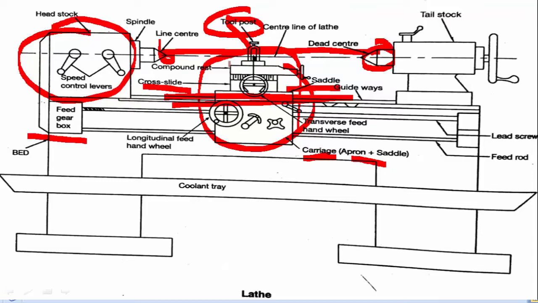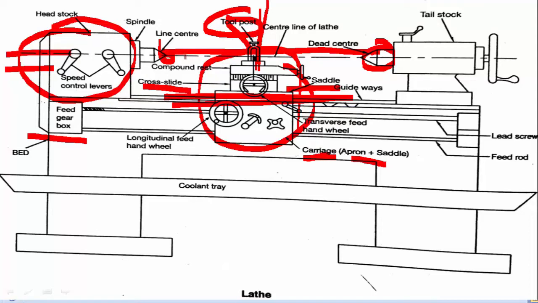If the tool movement is parallel to the lathe axis, so you can see the axis of the lathe, then it is known as longitudinal movement, and if the tool movement is perpendicular to the lathe axis, then it is known as transverse. And if the tool is moved at a specified angle, it is known as angular movement. This angular movement is used for making taper turning, and normally we will place metal rods or wooden materials in the chuck. The removal rate is expressed in terms of mm per revolution or mm per minute.